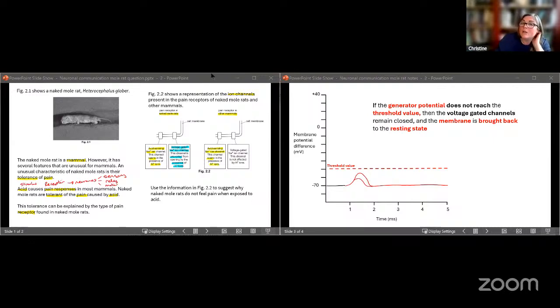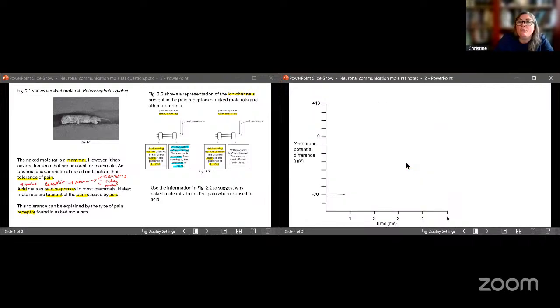So what are we doing? We are putting on this acid that's going to cause a pain response in other mammals. So if there's acid present, these sodium ion channels will open. Which direction will the sodium move? Well, if we go back to our knowledge to do with the sodium-potassium pump, and our knowledge to do with neural communication, we should know that if we get up to that threshold value,